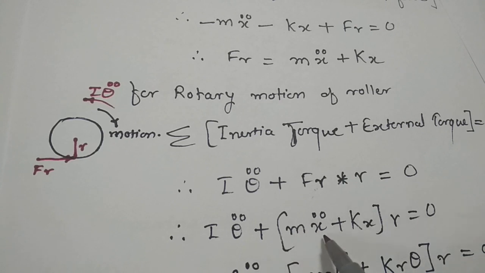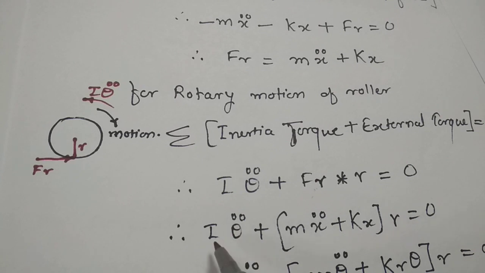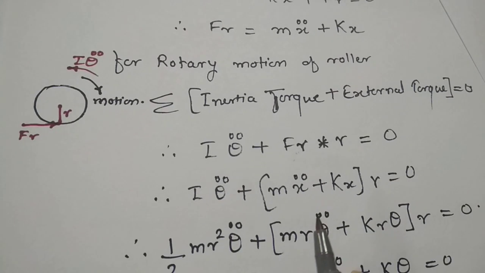We know that x double dot is represented as r theta double dot and x is equal to r into theta. So again, for the roller, I is equal to 1/2 mass into r square. So we will put all values here and we will get